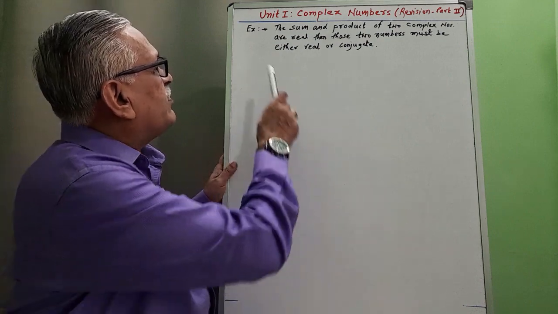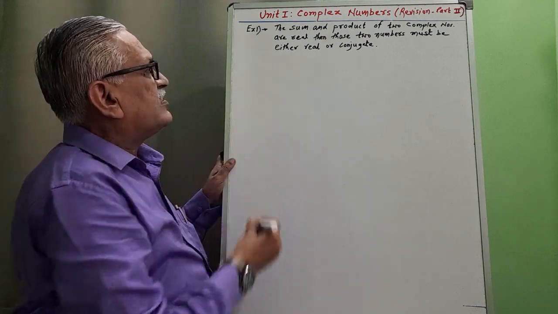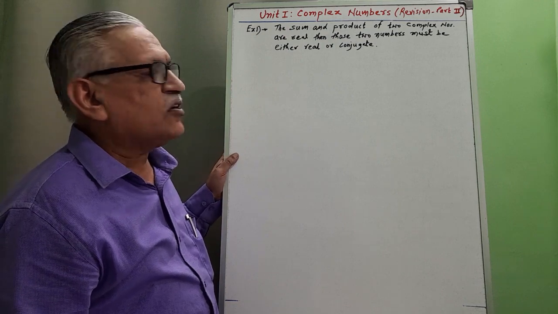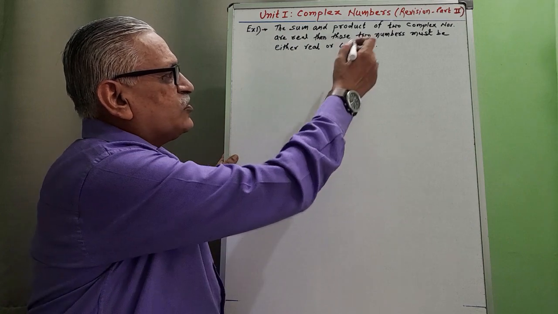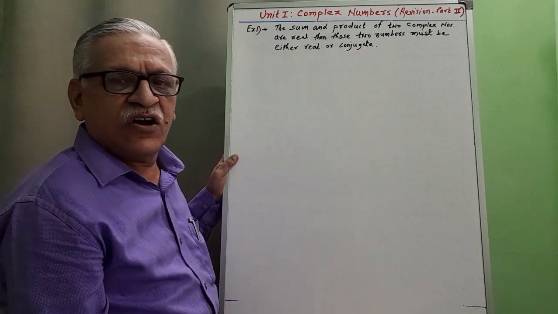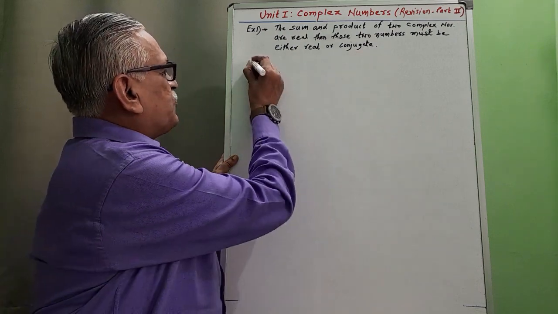Let us solve the first problem. The sum and product of two complex numbers are real. Then those two numbers must be either real or conjugate. And therefore, to prove this,